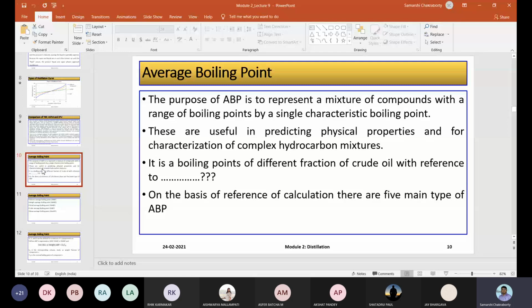Among them, there is the volume average boiling point, based on the volume percentage distilled, and the weight average boiling point, based on the weight percentage of distillate that you are able to collect. So there are different types of average boiling point, and we'll see what formulas we use to calculate them. Today I could not get some mathematical problems on this, so I'll try to search in some other books, because on the basis of this TBP data, how you can convert this data, how you can calculate